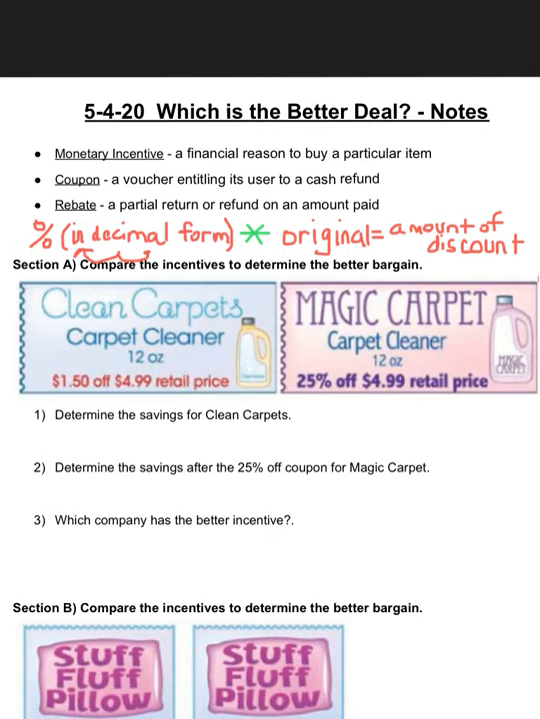Well, we have Clean Carpets. They have a 12-ounce container. We have Magic Carpet. Their carpet cleaner also is 12 ounces, so they're the same sizes. Clean Carpets is $1.50 off the $4.99 retail price. So for Clean Carpets, it's only going to be $1.50. There's no percent in there, so they're going to have $1.50 off. Okay, but then when we look at Magic Carpet, it says 25%, so we have the 25%,